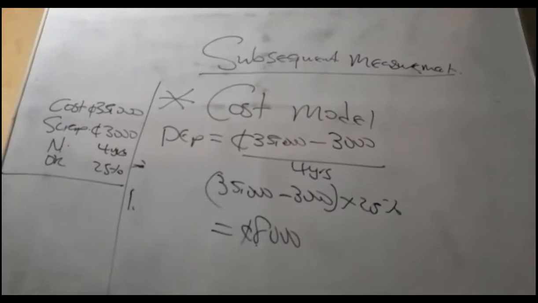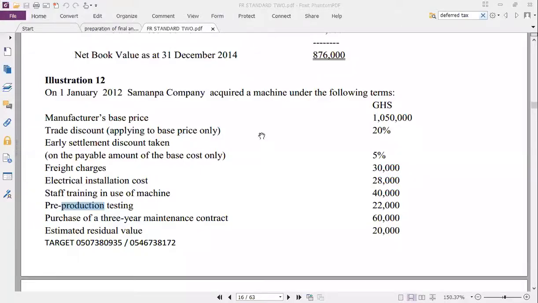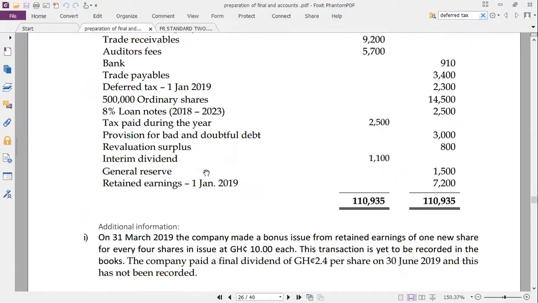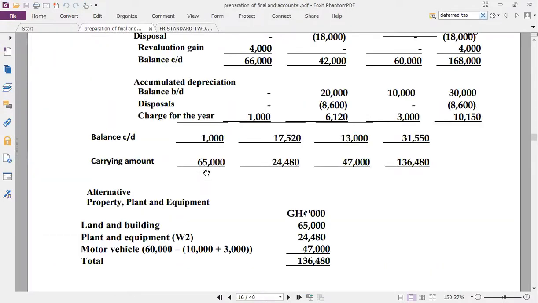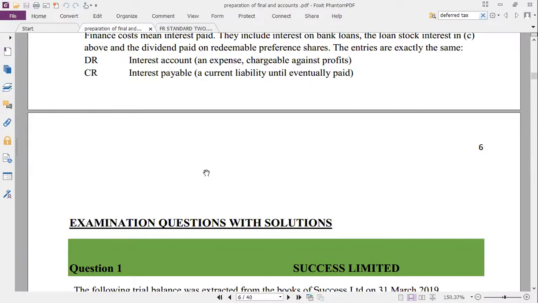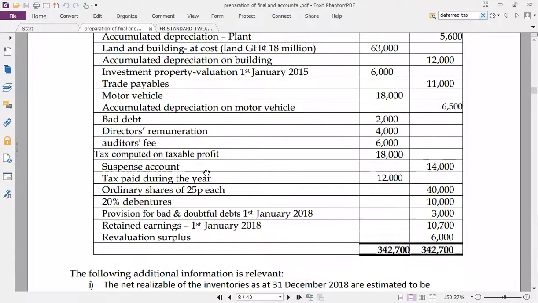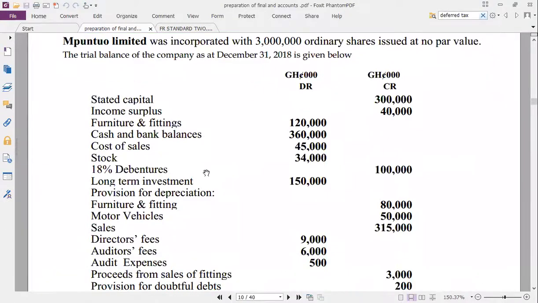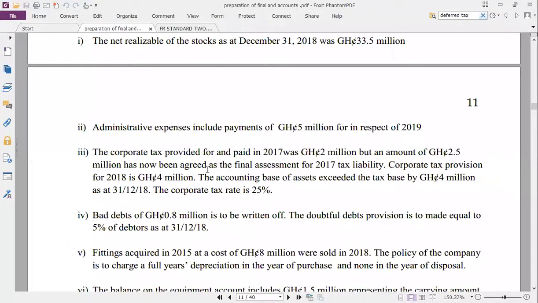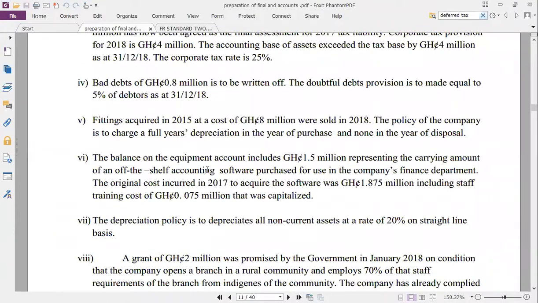So let's go to the question. Let's go to question 3, note 7. Note 7 states that